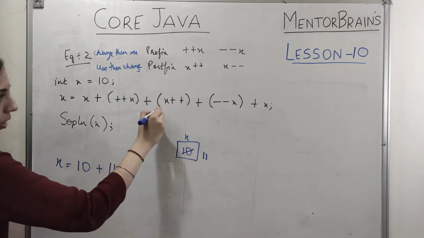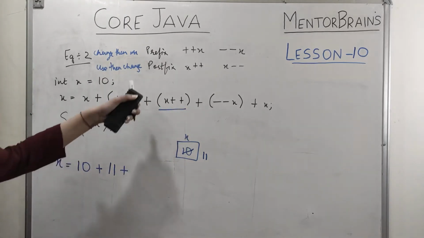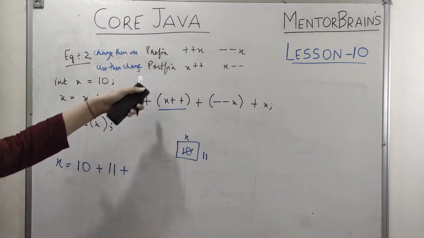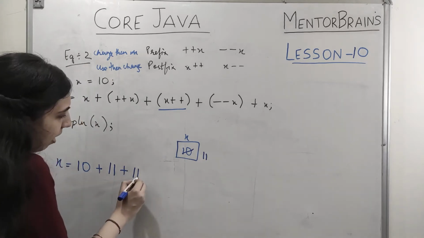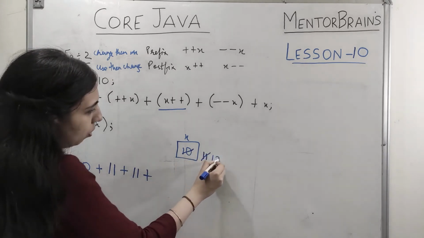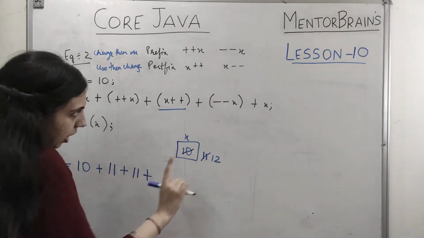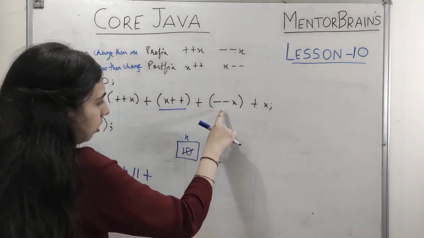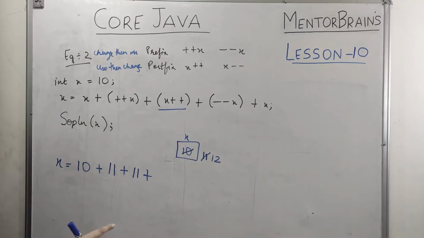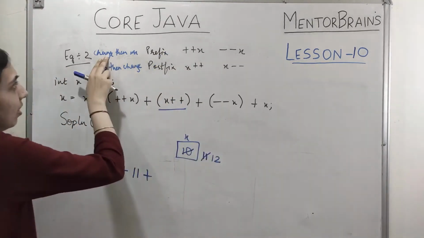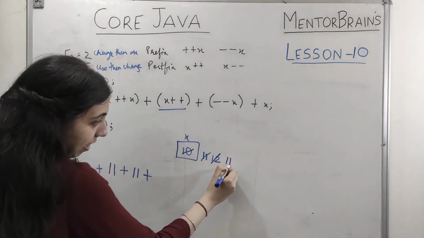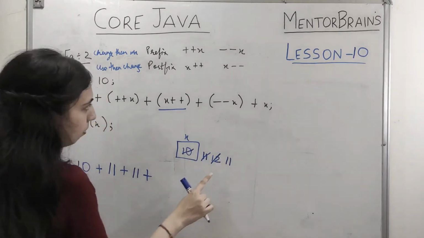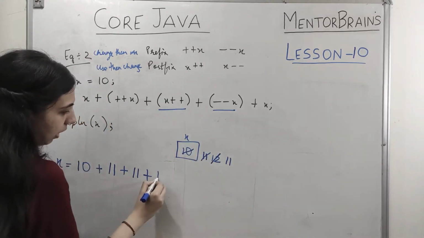Okay, now executing this x++, this is postfix, it is use then change. So what will happen? The value which is written over here will be used and then it will be changed in the memory to 12. So used and then changed. Okay, then coming on to this, --x is denoted as prefix decrement operator. So it says change and then use. So first it will be decremented in memory to 11, and then this new value will be used over here. So this execution will give 11.